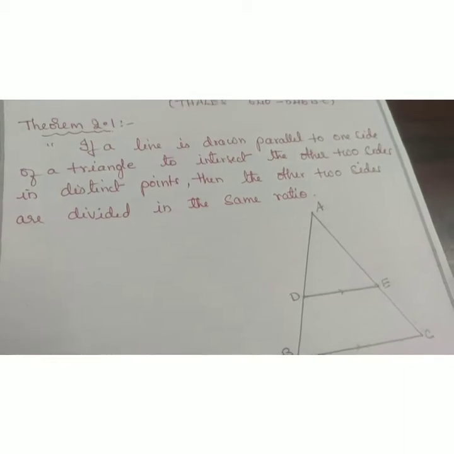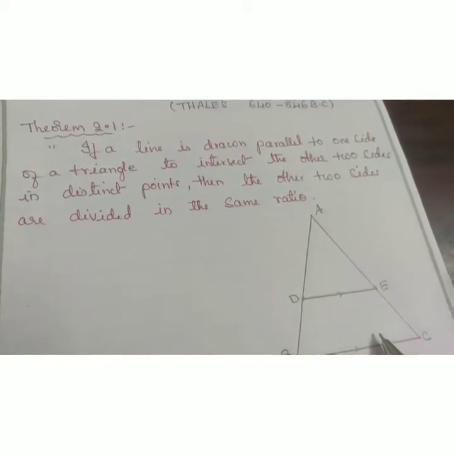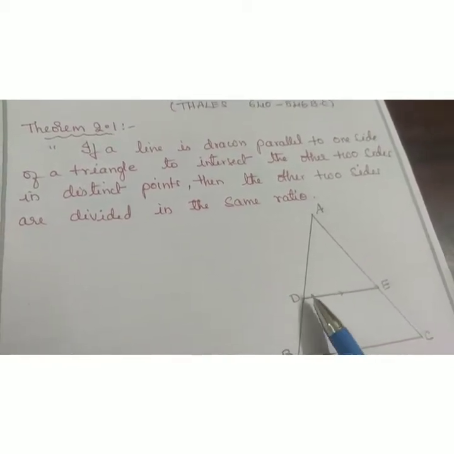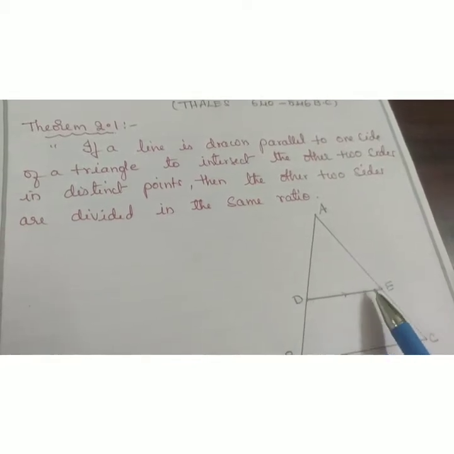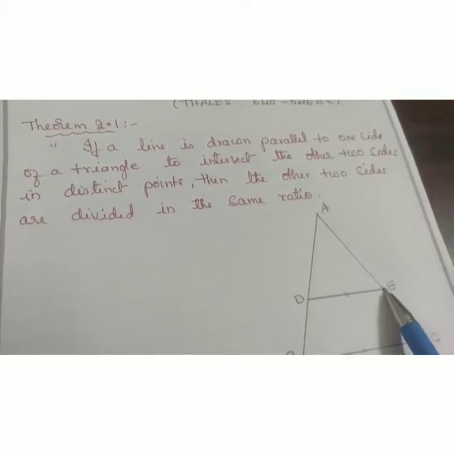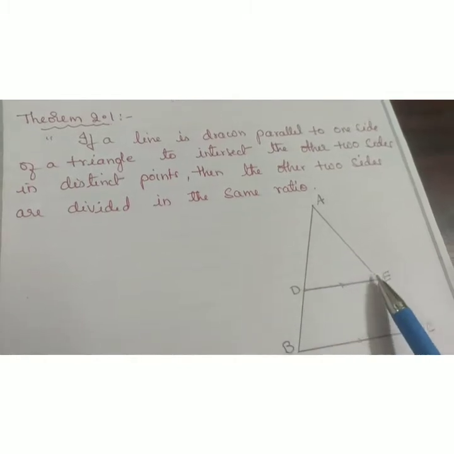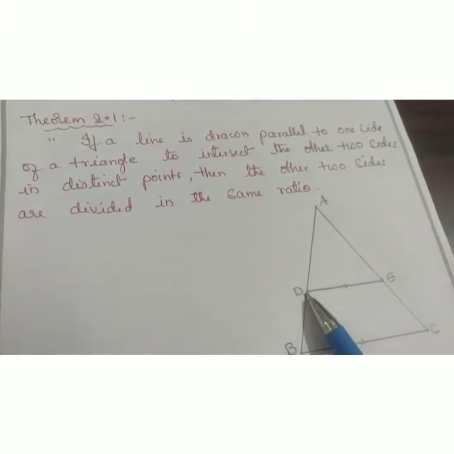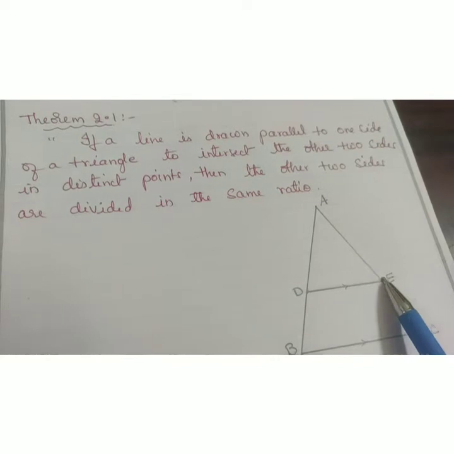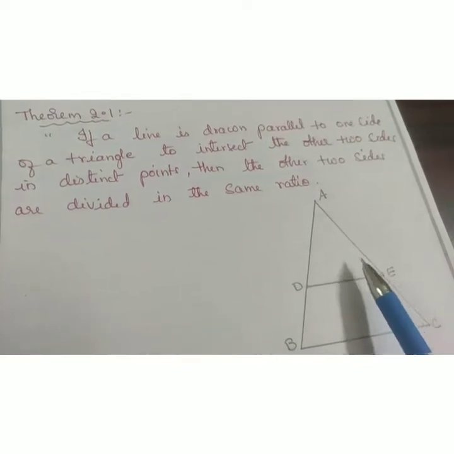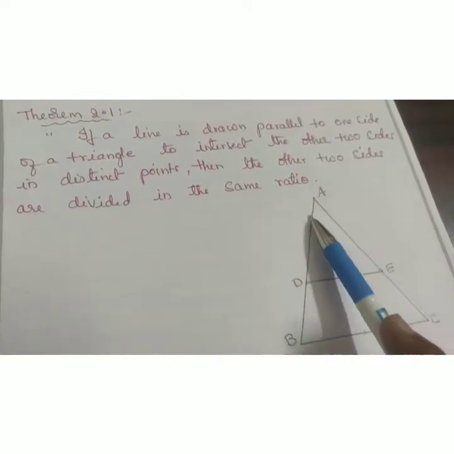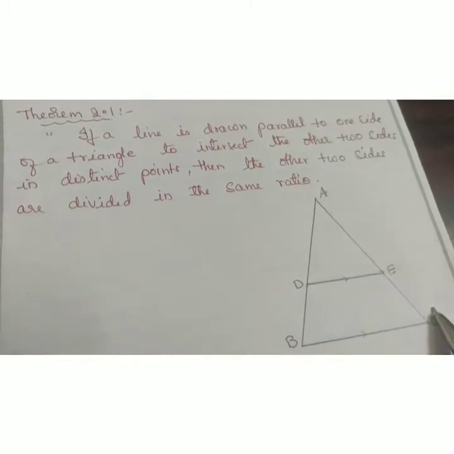So if a line is drawn parallel to one side of a triangle to intersect the other two sides at distinct points, here the distinct points are D and E, then the other two sides, AB and AC,